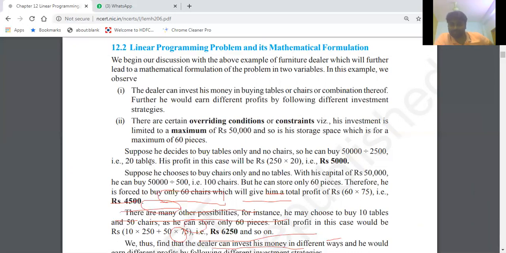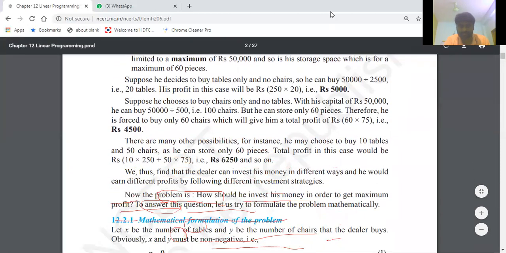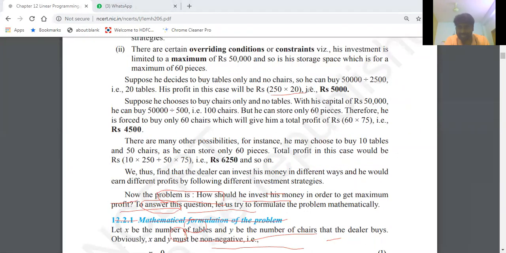calculating your profit. Okay, 20 tables, every table how much profit are you going to make? 250 rupees, as it was given in the question previously. Correct? 250 into 20, how much? 5,000 rupees. Now you tell me how much profit you got in purchasing all the tables only? 5,000 rupees. Now see here, if you purchase all the tables and sell, how much profit are you going to make? 5,000. So this is the first case.